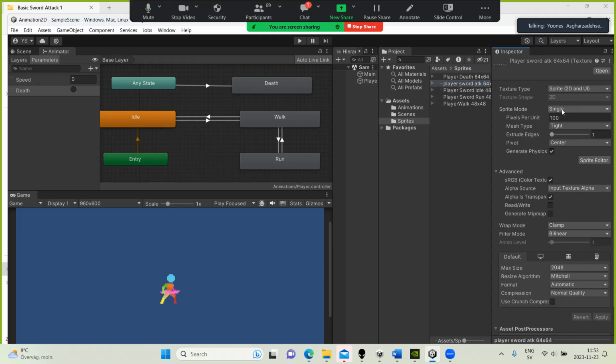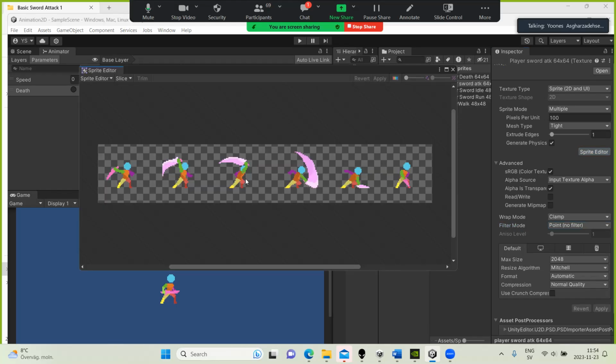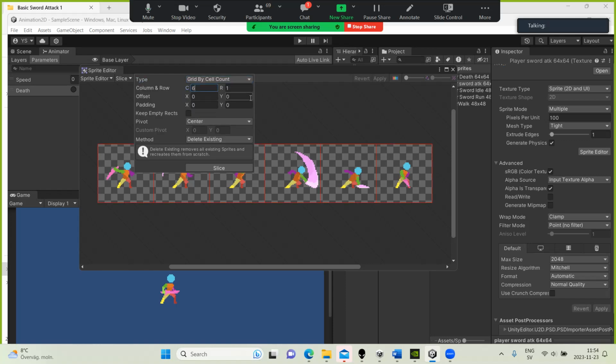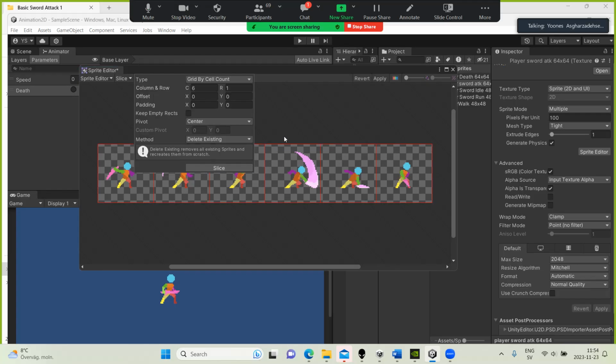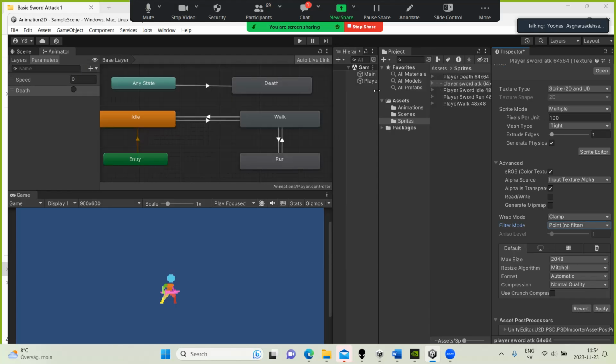Again, I select multiple, filter mode to point, sprite editor, apply 1 2 3 4 5 6. Just slice it as a cell count 6. Yes, it's okay. Slice, apply it, and then